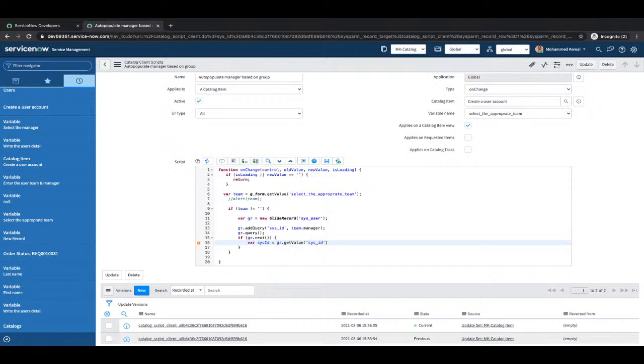So I'm going to get the value of sys_id, because if gr there, I add a query sys_id team.manager. I'm saying that value with this one, and var sysId equals gr dot getValue of the sysId. Okay, once I get the value of the sysId,